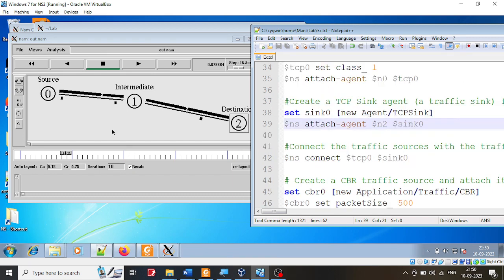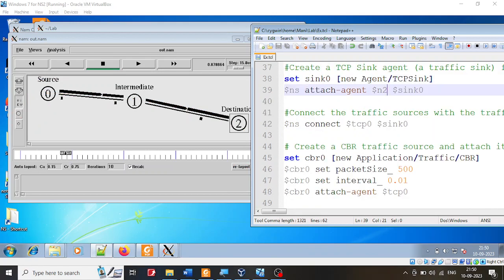Then the next thing that we need to do here is, now what we have is one source, the TCP agent, that is the source agent, and on the other side we have the sink. These two have to be connected together, and that is what is being done. So we are going to connect the TCP0, this agent, with the sink over here. So that is done. Then in order for the agent to send the packet, somebody has to generate the packet and give it to this agent,